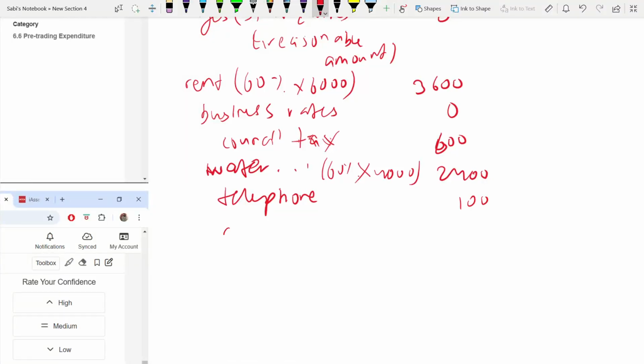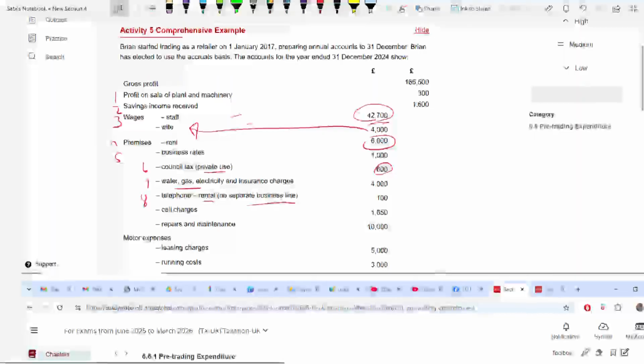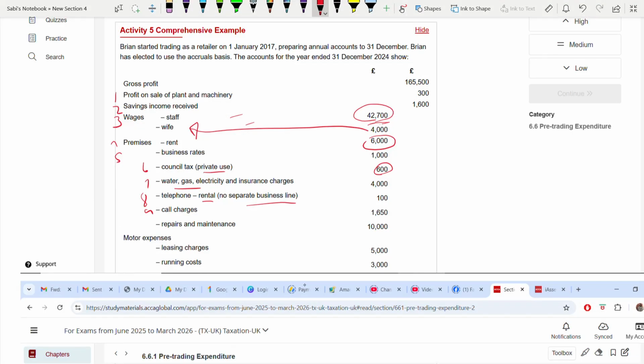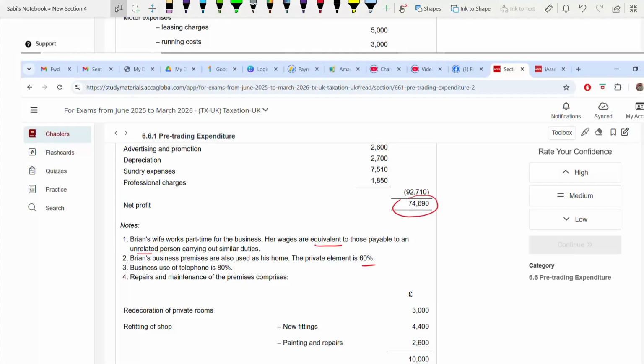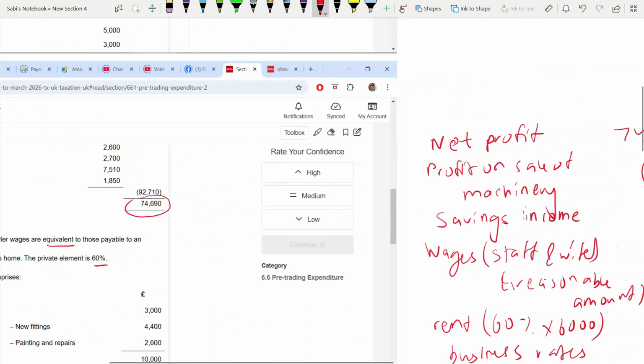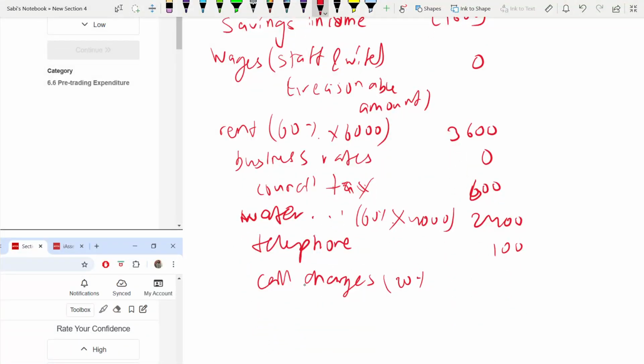Coming to the call charges. The next is call charges, number 9, is 1650. So regarding call charges, business use of telephone is 80%. So that means only 20% will not be allowed. So 20% of 1650. Add back 330. Next